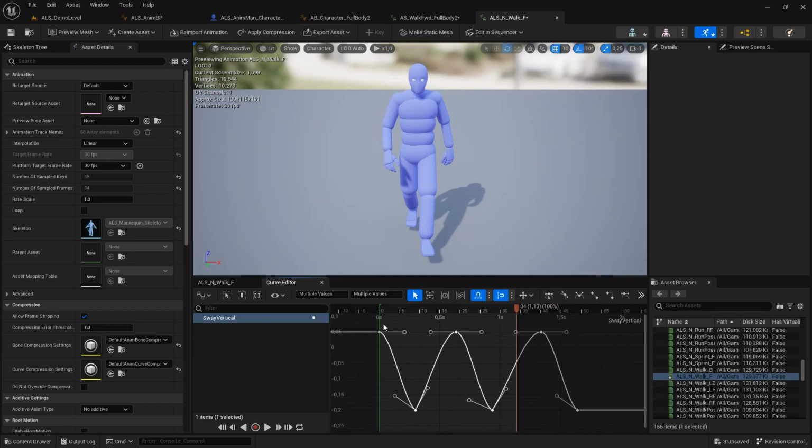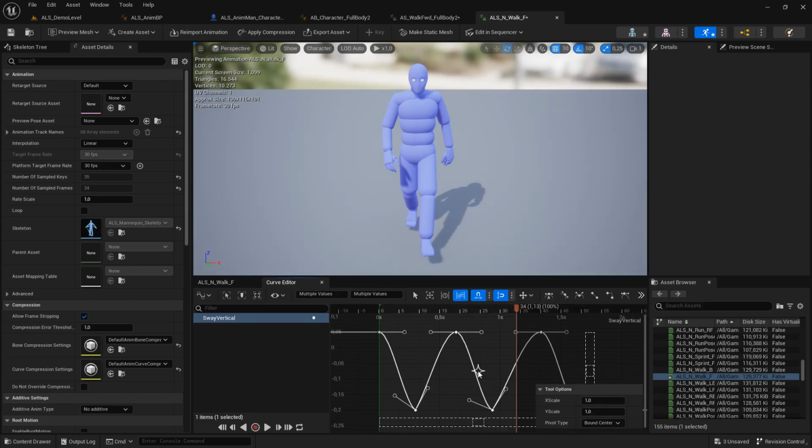Then I'm going to scale it down until this frame, which is the actual last frame. This frame isn't the last frame because this is just a repetition of this frame. So if I scale it down till this frame with the scale tool,